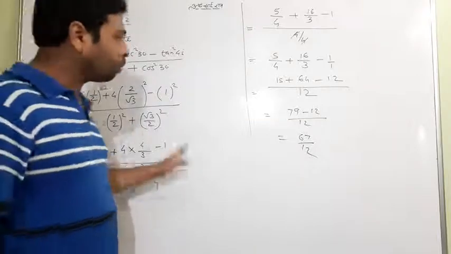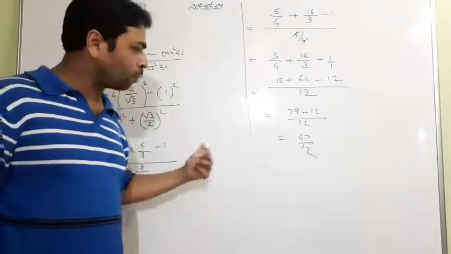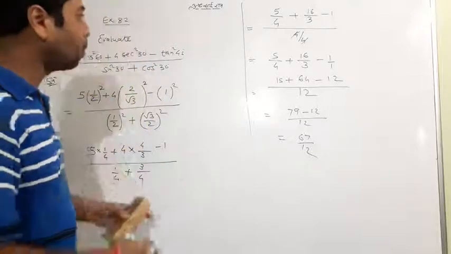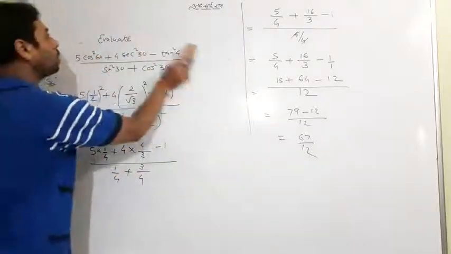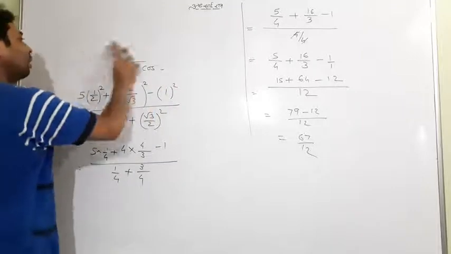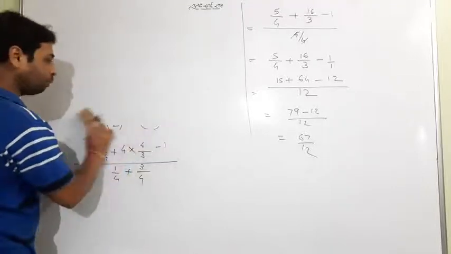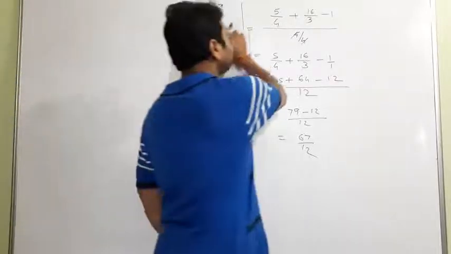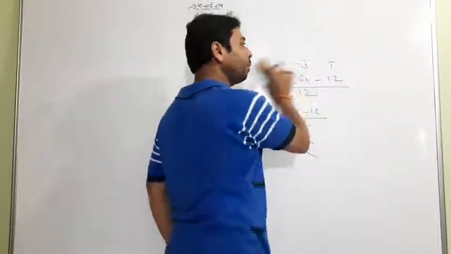The calculation might be correct. If it is wrong somewhere, you can check by yourself. I hope it is correct. So this is a simple method. Till now you have got, just depending on the value table, and if you remember this, the calculation will be so easy. So these questions may come in exams.